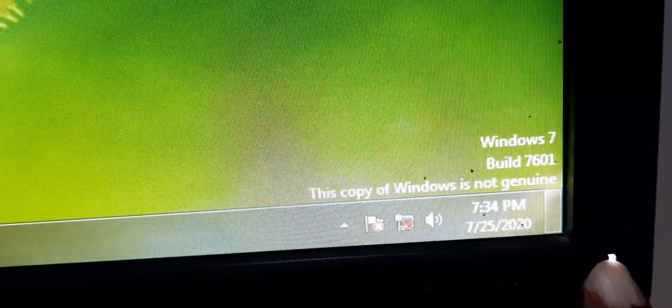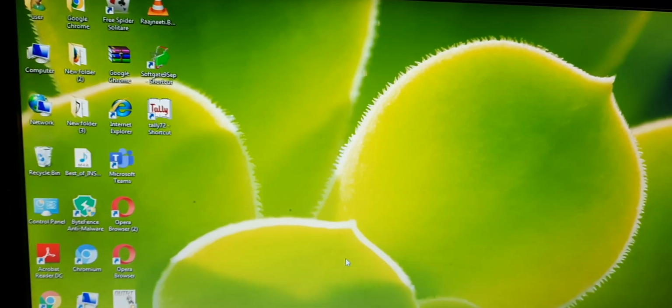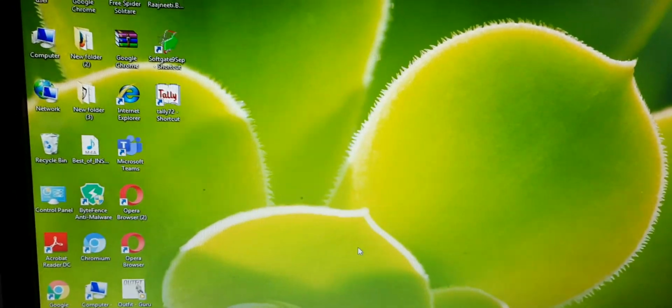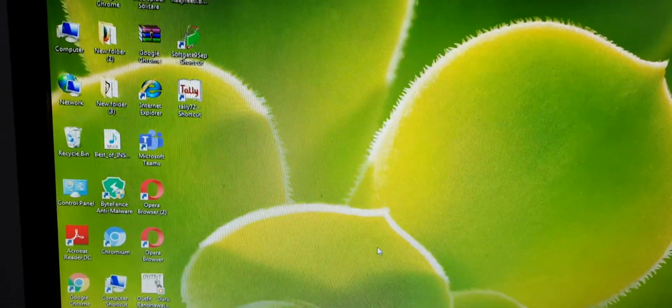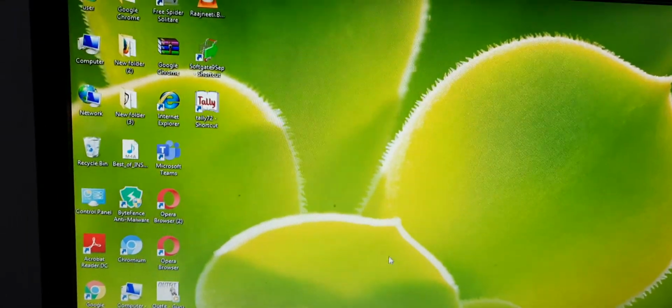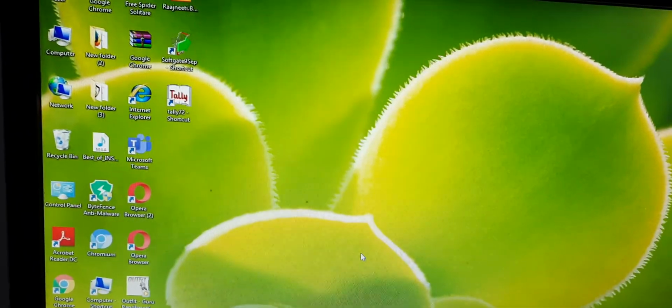If I switch off this button, the monitor will be switched off, and if I click it on again, it will restart. The screen will be the same as it was before switching off, so the data will not be lost, but your screen will disappear.